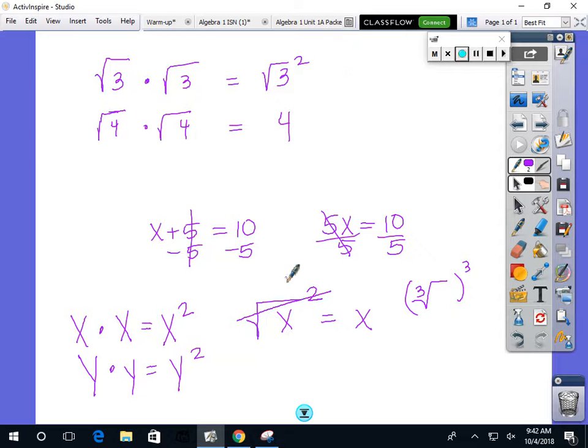Well, didn't we just say that these two things are inverse operations and they cancel each other out, which is why you're only left with a 3. Okay, so look at this. The square root of 4 times the square root of 4 is literally the square root of 4 squared, because there's 2 of them. Well, those cancel each other out, which is why you're only left with a 4. Does that make sense? Why you just get back the number when they match like that? Okay, so now let's continue